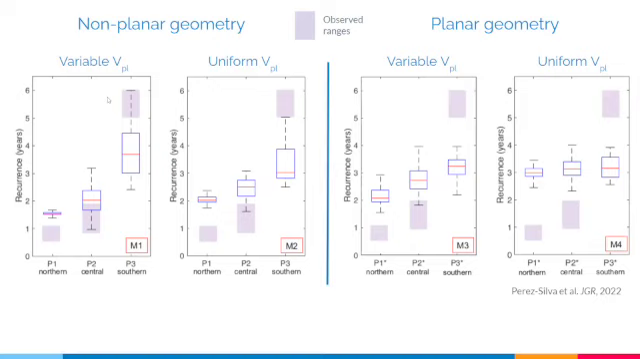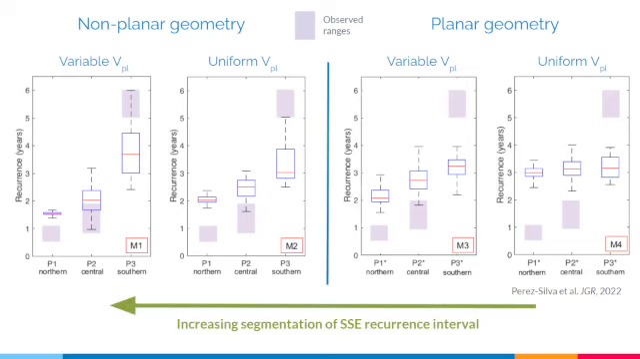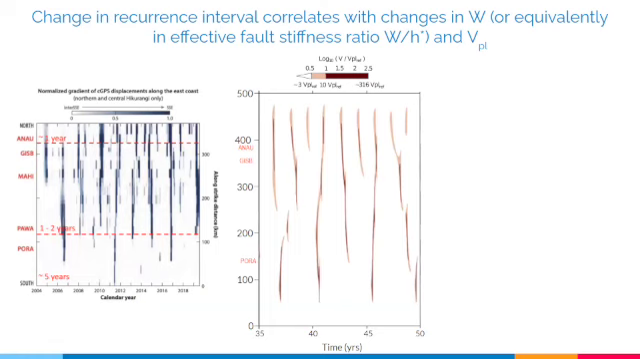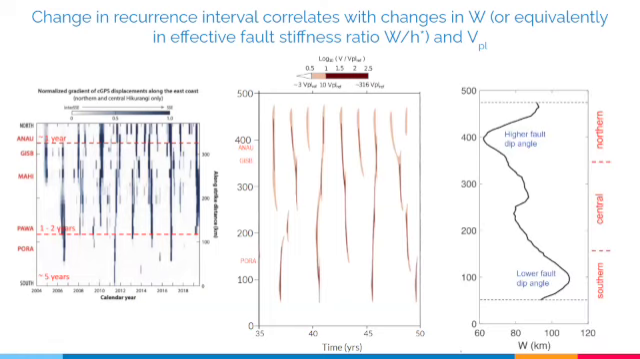So the main thing we found was that there was an increase in SSE segmentation when we added more complexity to the model. For instance, in the model with non-planar geometry, we found that a variable plate convergence rate led to more segmented SSEs, whereas the model with a planar geometry and a constant uniform plate rate along the margin led to a uniform recurrence interval. So our simulations indicate that these changes of the SSE recurrence intervals can be correlated with